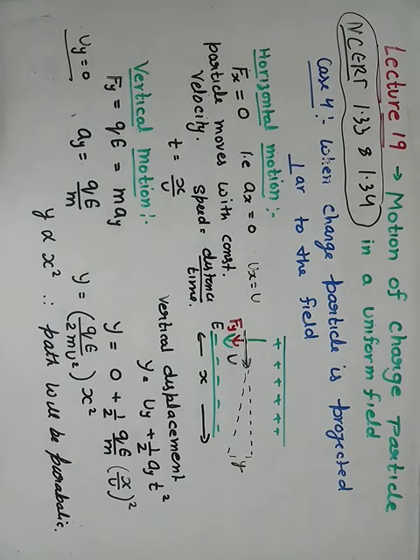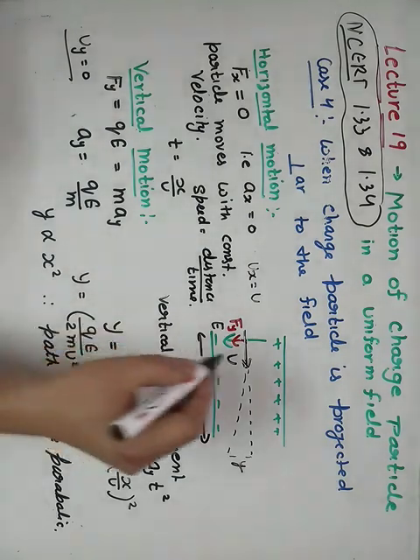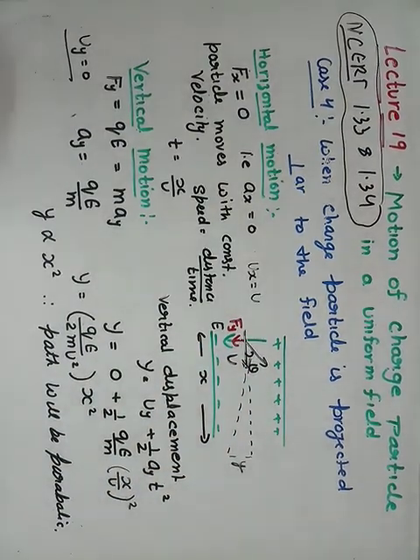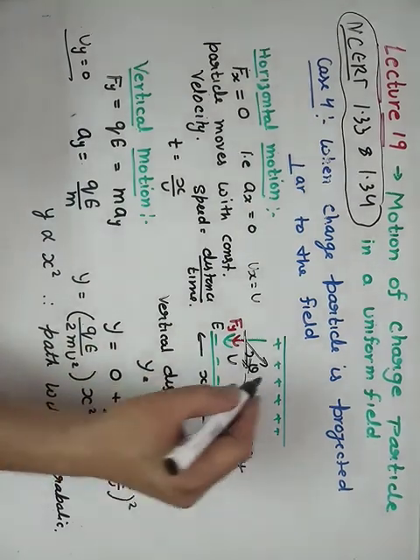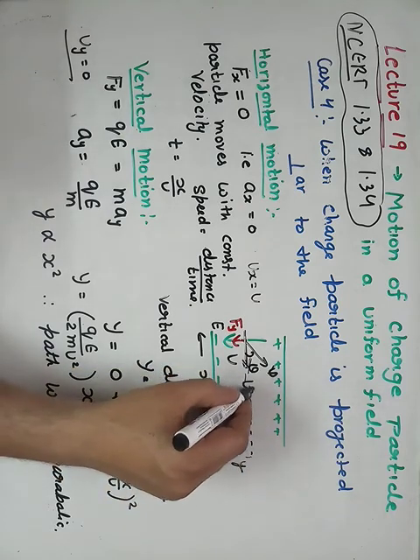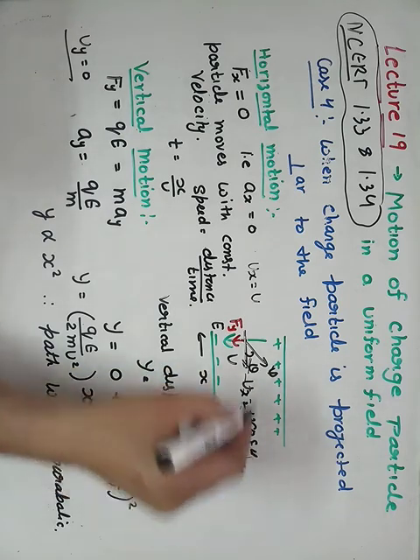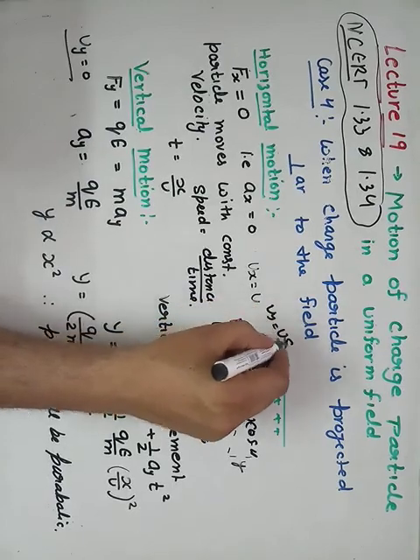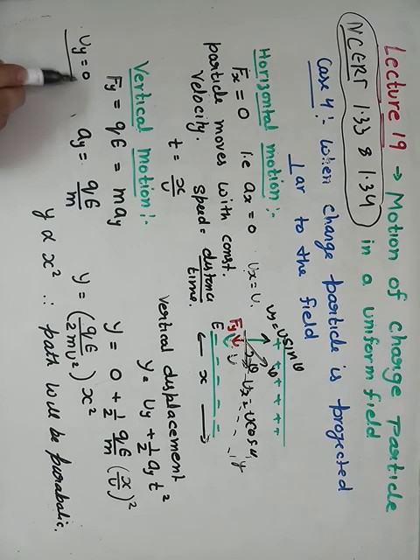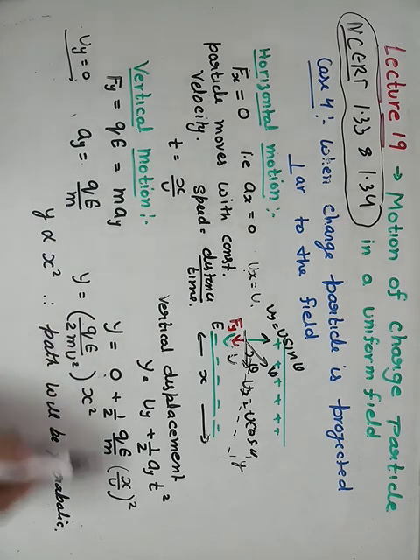Now another type of question may be asked when a charged particle is projected at any angle, say theta. This question you will find in Halliday and Resnick. In 12th class, there is no need to solve this question. It will have two components, one along the x direction and one along the y direction. Suppose we project a particle at any angle, with initial velocity u. Then the x component will be u cos theta and the y component will be u sin theta. So ux will be u cos theta and uy will not be equal to 0, it will be u sin theta, and you will get the result.